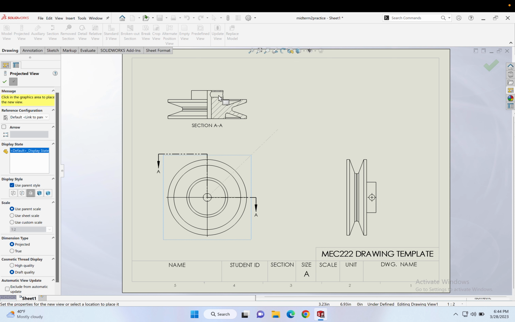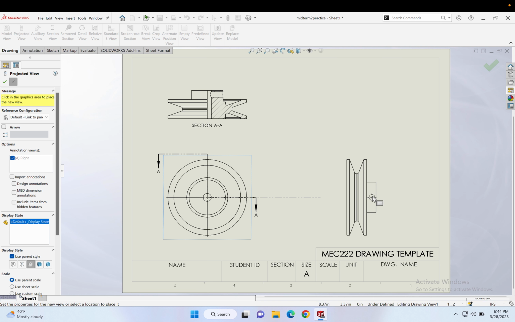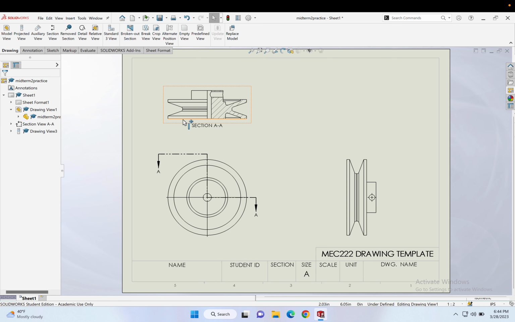You can't dimension it over here because it doesn't really show that it's a hole. Over here, it'll show that there's a hole, and you can dimension the diameter over here. They probably take off marks if you try to dimension it over here, saying that diameter is 10 or whatever, right? So these are really the three